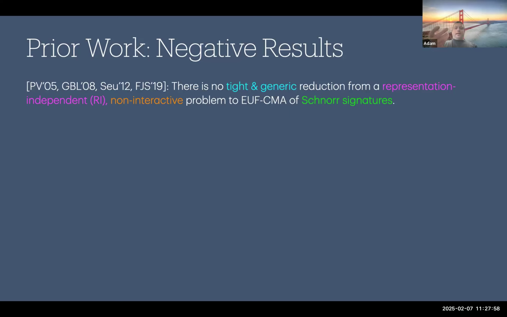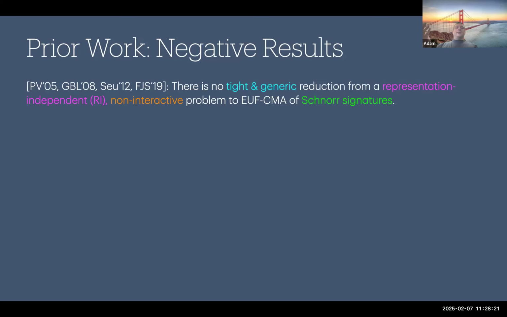I think I mixed up, it should be tightly reducing Schnorr signatures to the assumption. I flipped it by accident. So they prove that if you want to give a tight reduction for Schnorr to some underlying problem, like discrete log, for example,